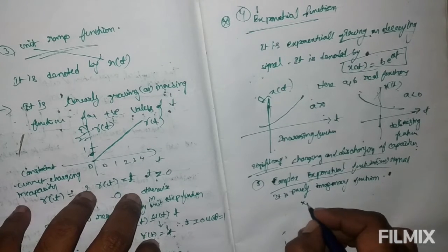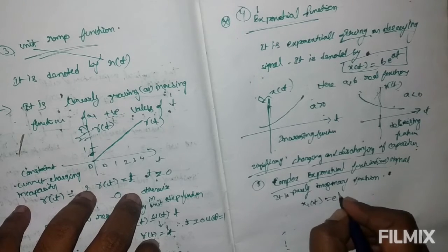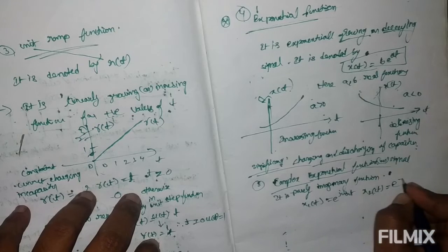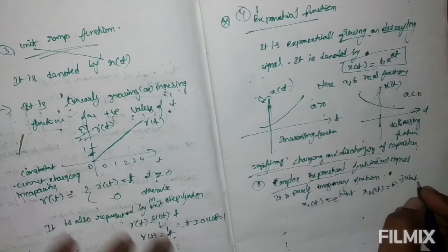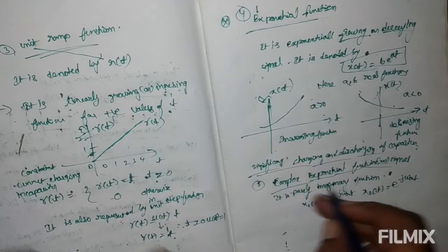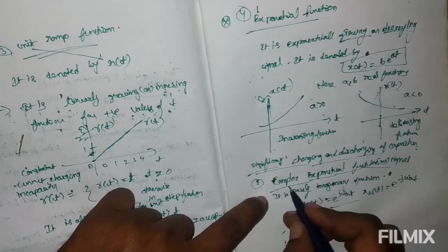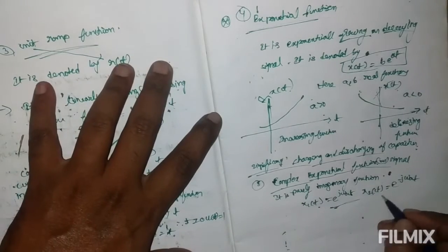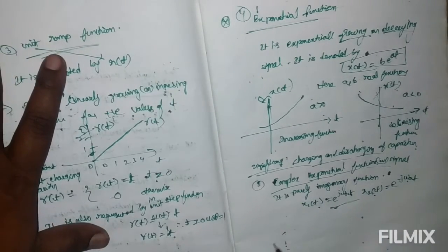That is, x1 of t we consider e power j omega naught t, and x2 of t equal to e power minus j omega naught t. This is a purely imaginary, complex exponential function. Significance: